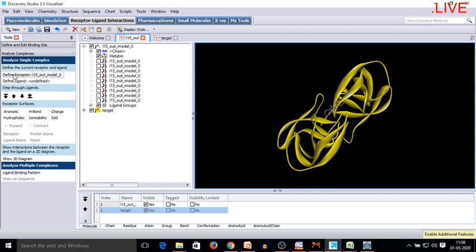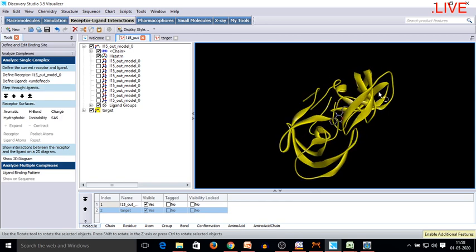Here you can see what the software is asking. We have to define the receptor and the ligand. We have to tell the software which of the molecules is particularly the receptor and which is the ligand. Okay, so it is very easy.